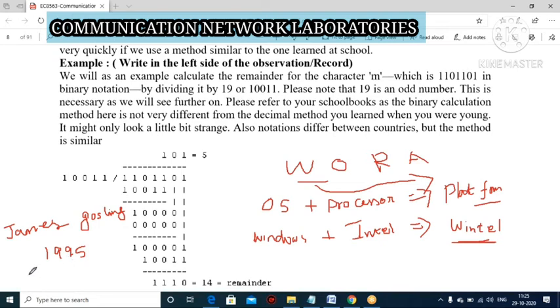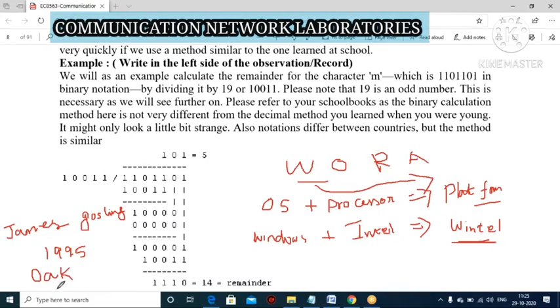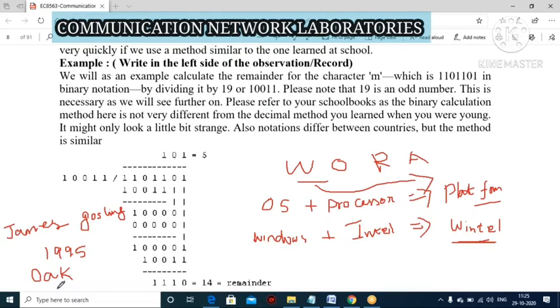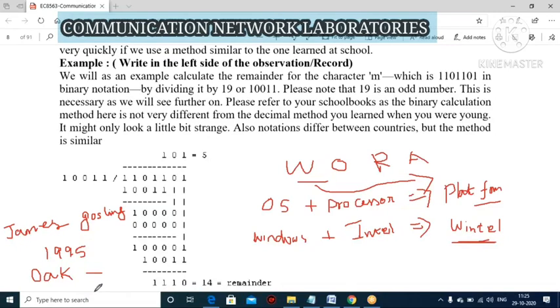So how did we come to call it Java? First, James gave the name Oak for Java. Oak is one kind of tree. Then he decided to change the name.